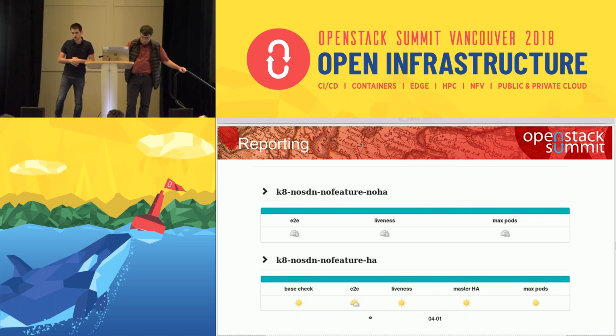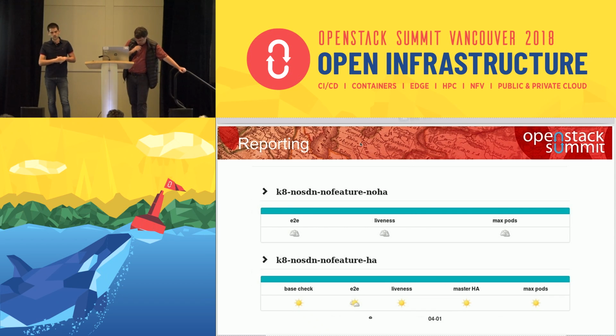And I can just show you the reporting. So for this reporting, we have the homemade control test for Kubernetes. So we have base check, E2E test, master HA, for example, or try to create a lot of containers. And after that, we can,